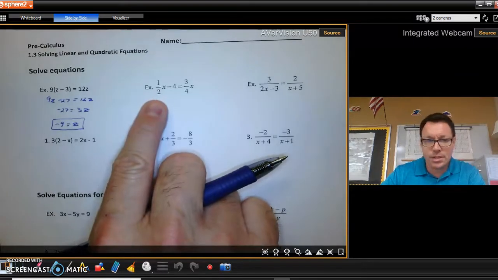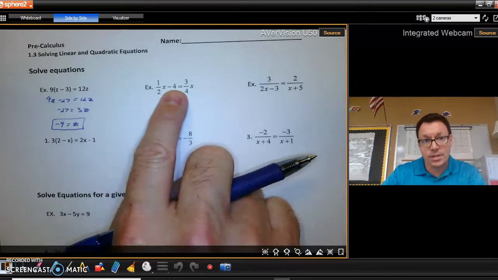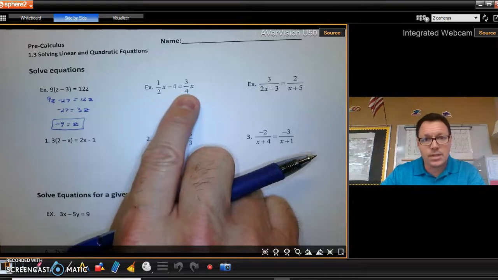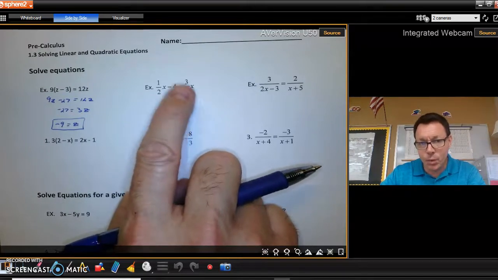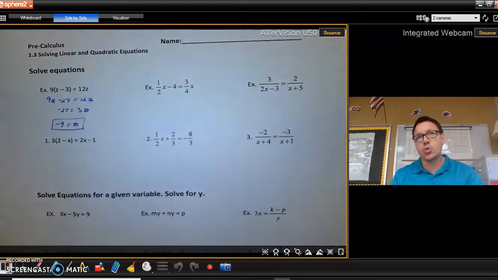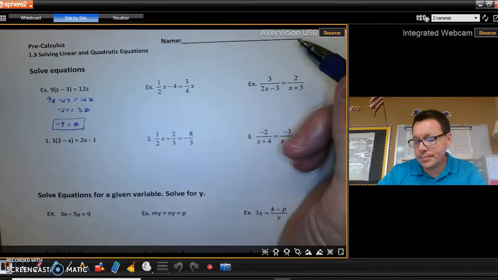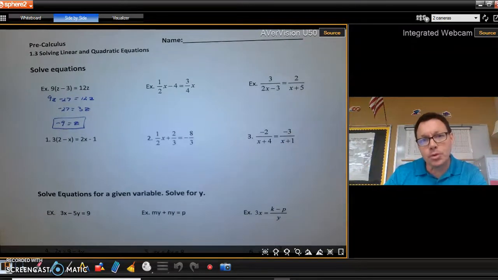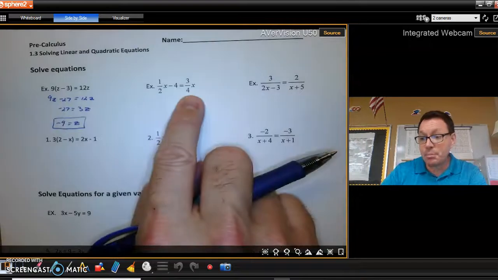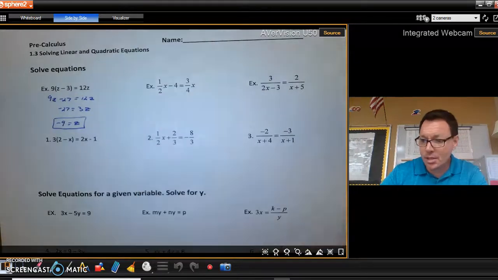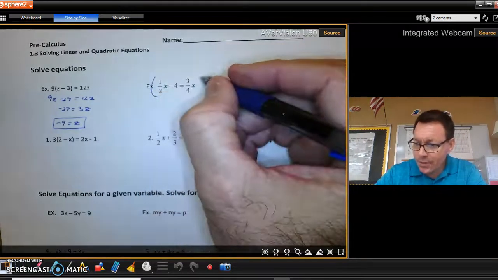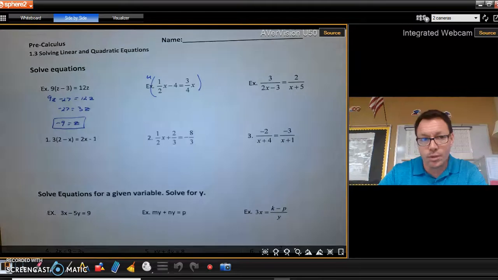I would notice this has a denominator of 2, this has the denominator of 1, this has the denominator of 4. If you multiply everything by 4, which is the least common multiple, but the bigger of the denominators in this case, if you multiply everything, and I mean everything, by 4,